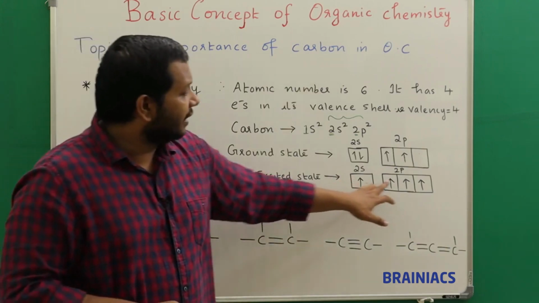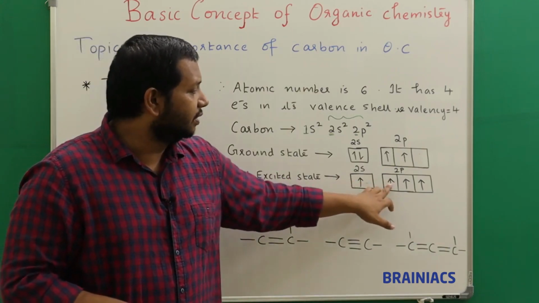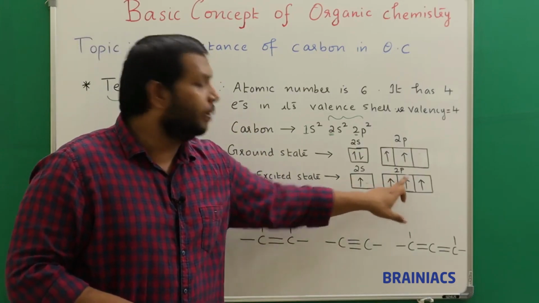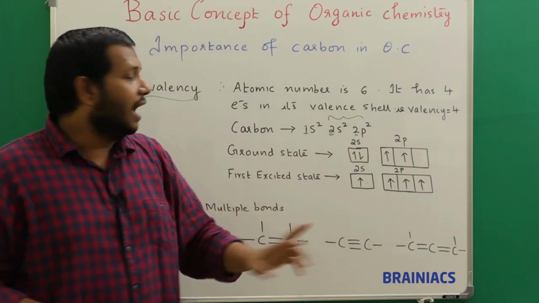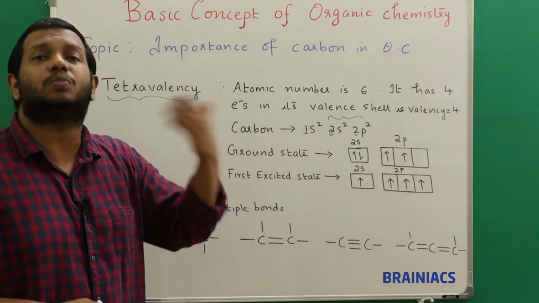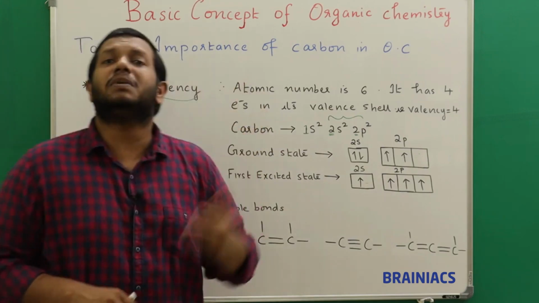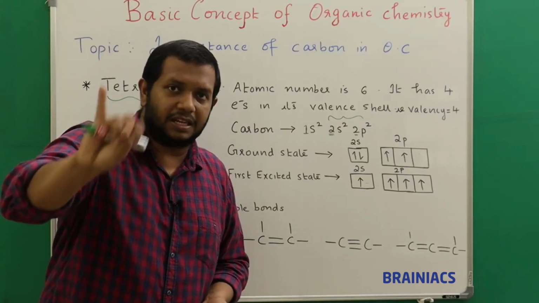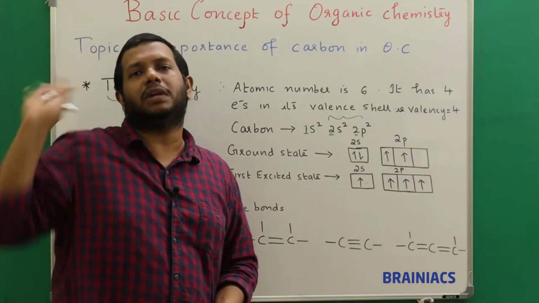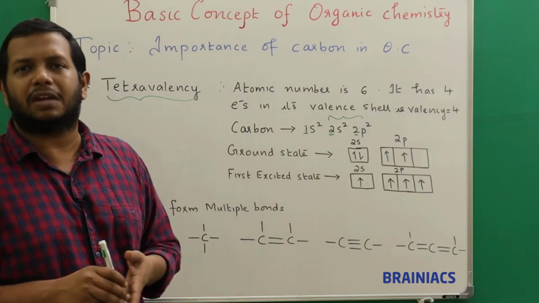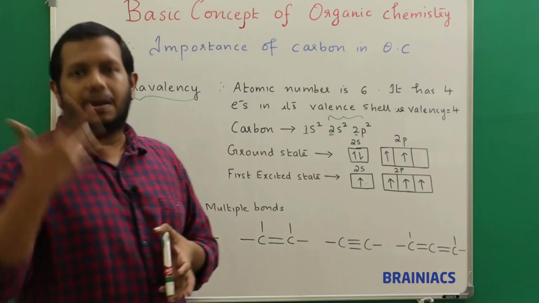So either this orbital can link with this orbital, we say sp, or one s orbital can link with 2 p orbitals, then we say sp2, and one s orbital can link with 3 p orbitals, we say sp3. Like that, 3 hybridizations are possible for carbon: please remember sp3, sp2 and sp. We will go into hybridization a little in the chapter on chemical bonding. I will explain what hybridization basically is.